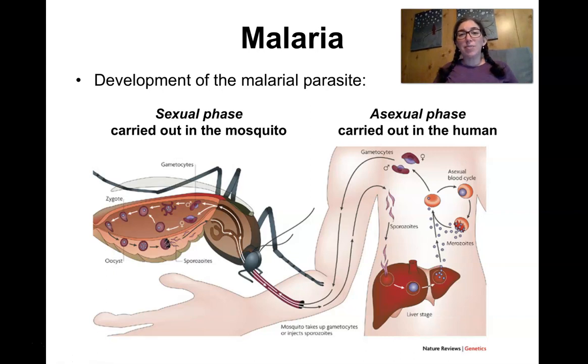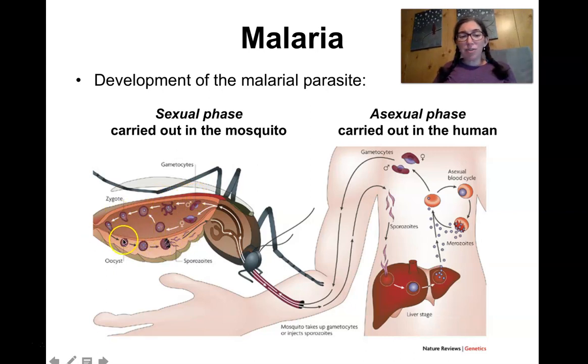And in the case of Plasmodium, they need 2 hosts as well. They go through one phase, the sexual phase of their life cycle, in the mosquito, and they go through the asexual phase in the human. So it has to pass through both creatures in order to complete its life cycle. So in the mosquito, they reach sexual maturity, and they form